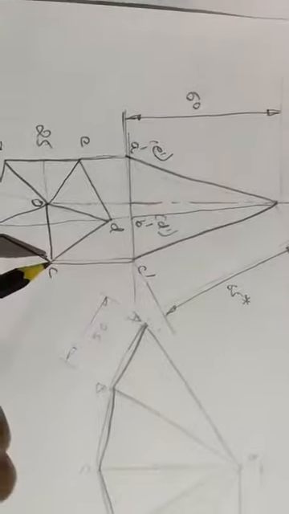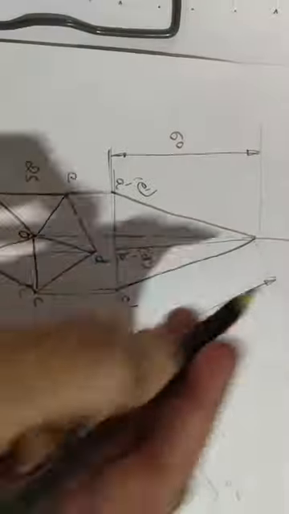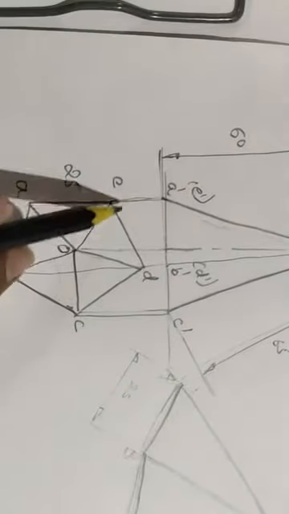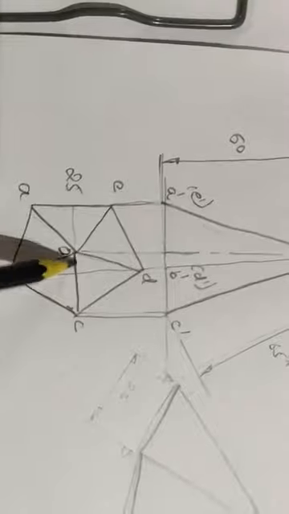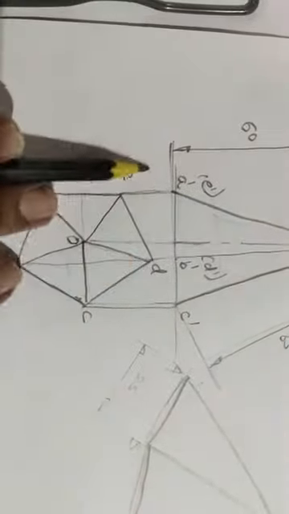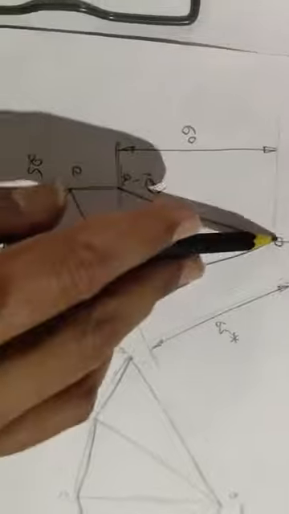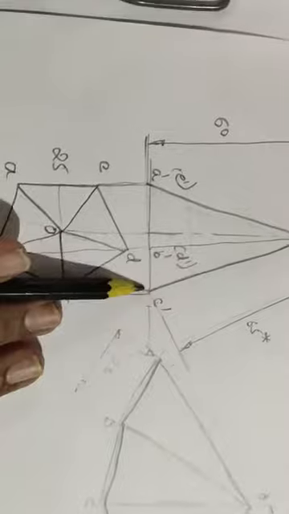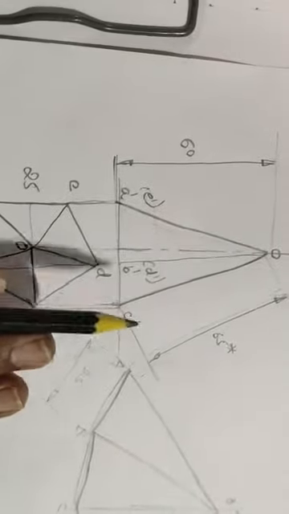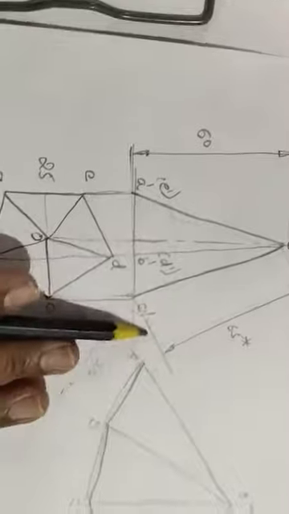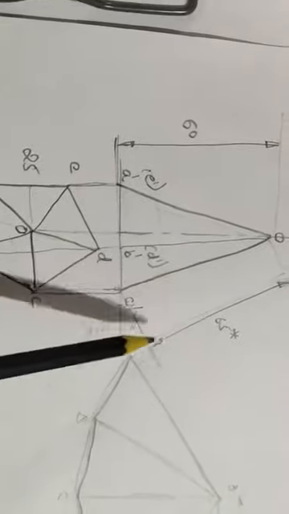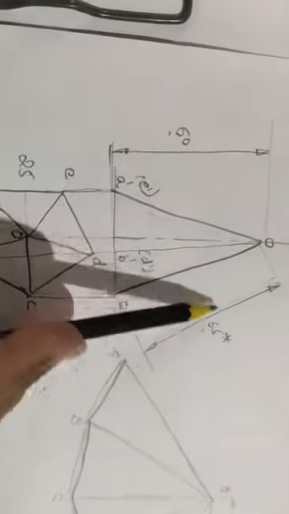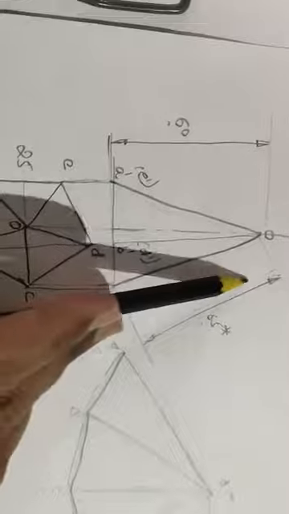That means length OC is in true size in the front view. All the rest of these lengths are sloping. Since this line is parallel to the vertical plane or XY line, OC is in true length. Is it clear? That you will have to find out first. So you have drawn OC in true length here. After measurement, say you have got 65 mm. The axis length was 60, so the slant edge will obviously be bigger than 60 here.